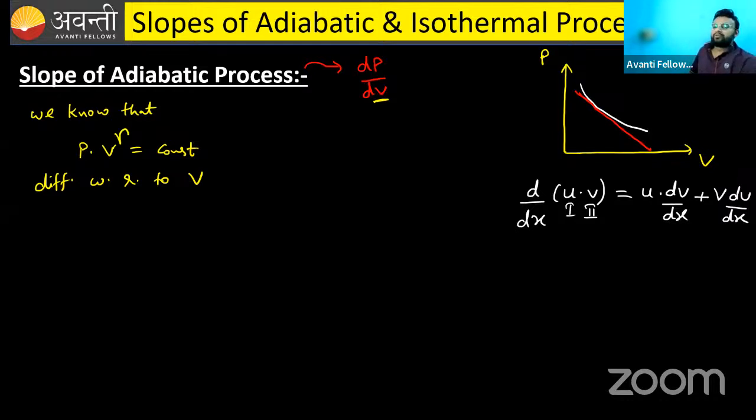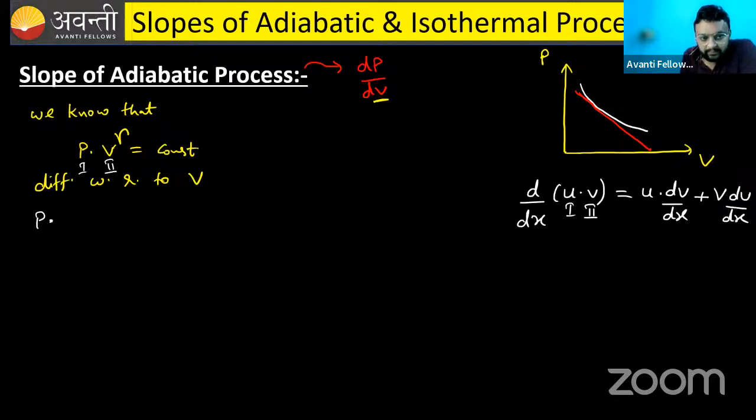I think it is clear to you. What we are going to do, write down the first function. Okay, so I'm differentiating it. This is our first function. This is our second function. So write down the first function as it is, that is P, into differentiate